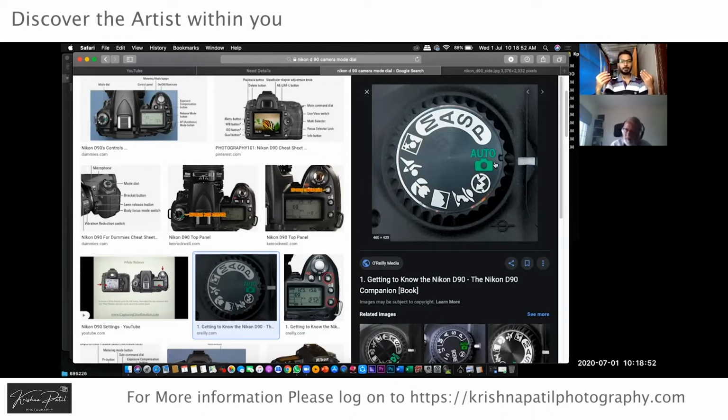But suppose I'm on portrait mode, the camera will not be able to focus on a lot of things, because in landscape there are lots of things. So if I switch my camera to landscape mode, the camera will automatically come to know that the situation in front of me is like a landscape, like nature. So the camera will automatically shoot with a wide angle lens, and a wide image will get captured. So this mode is especially for